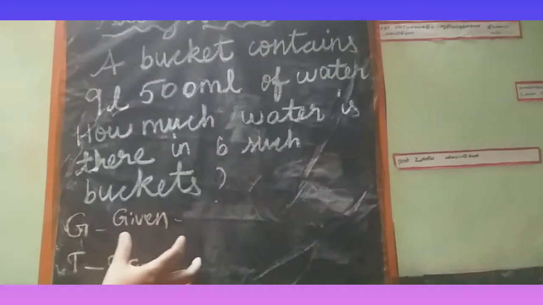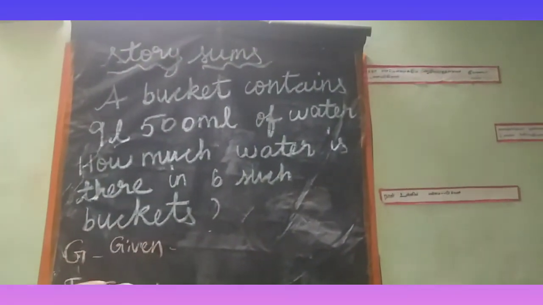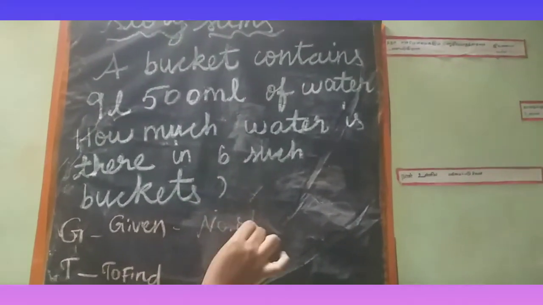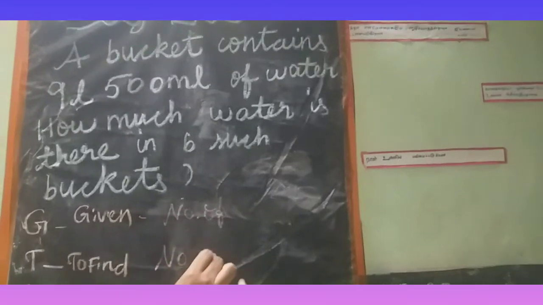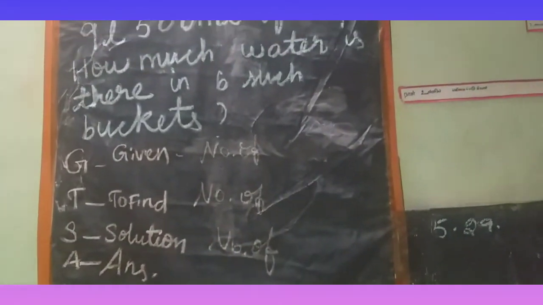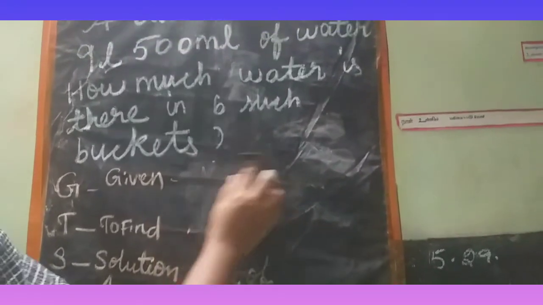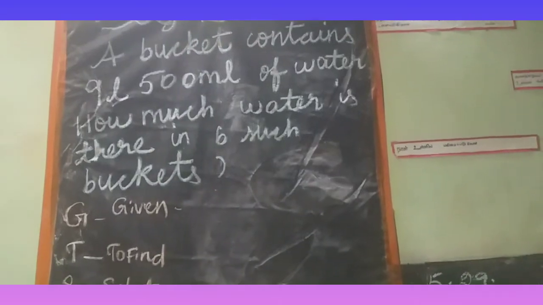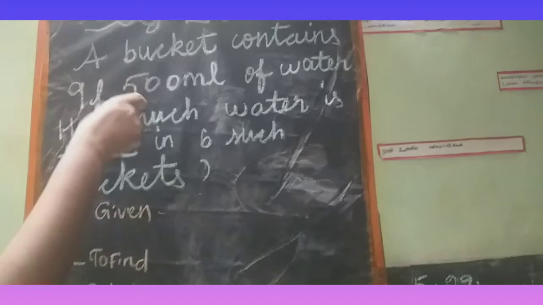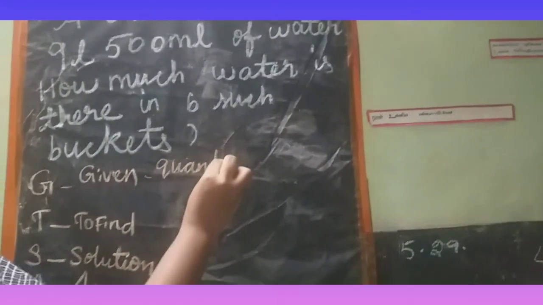And here, in an ordinary story problem, you should write in the given number of, isn't it? All the portions you should write, the starting words are number of, isn't it? But here the starting word is different. That is, this is liter, no? So you should write quantity. Say all of you, quantity